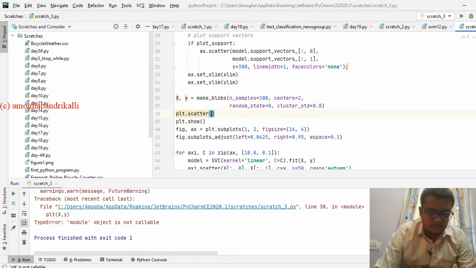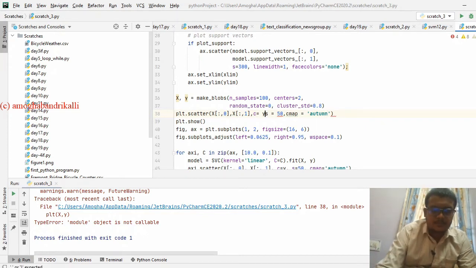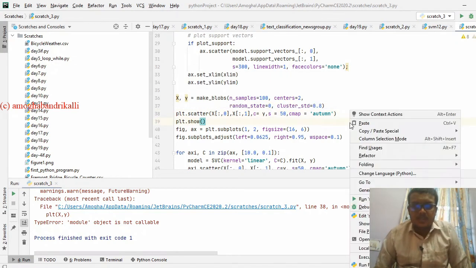Scatter x of 0 comma y comma x of first column. We are going to take the c parameter as y, s is equal to 50, and cmap is equal to